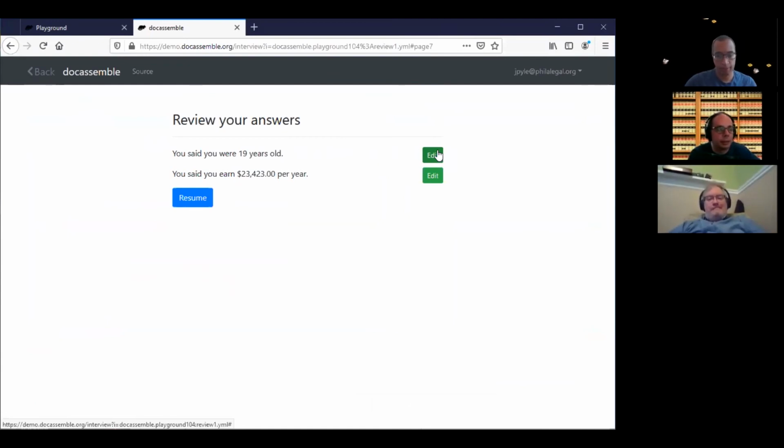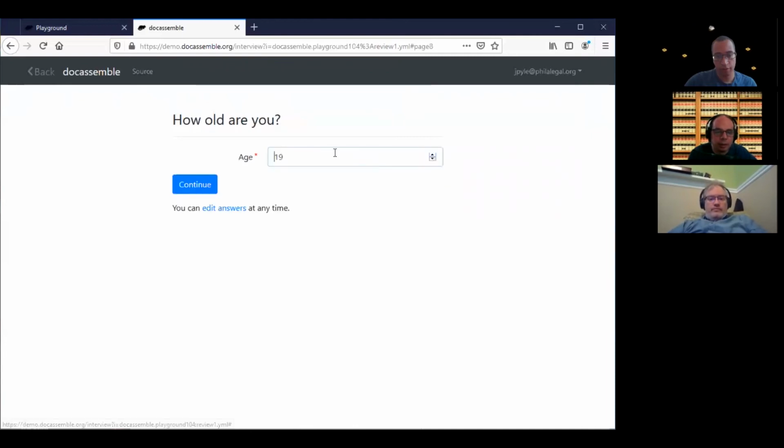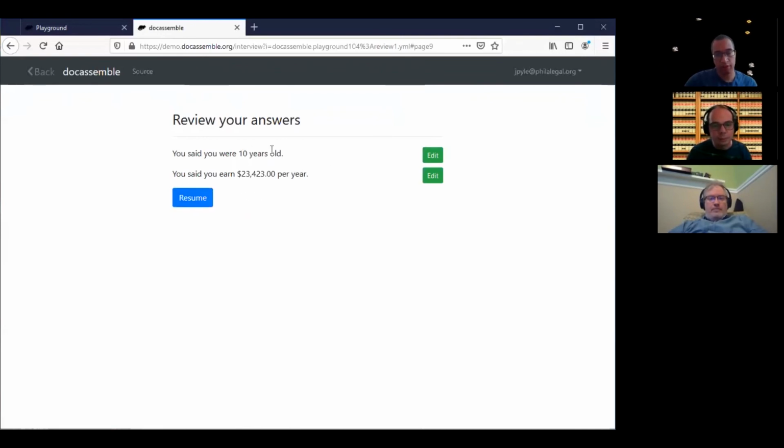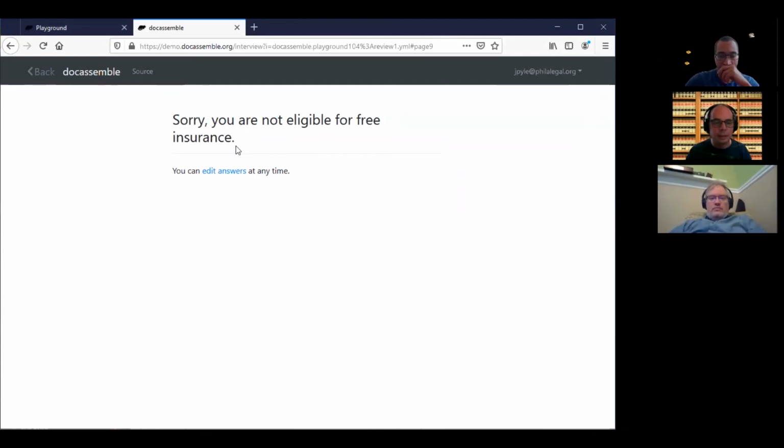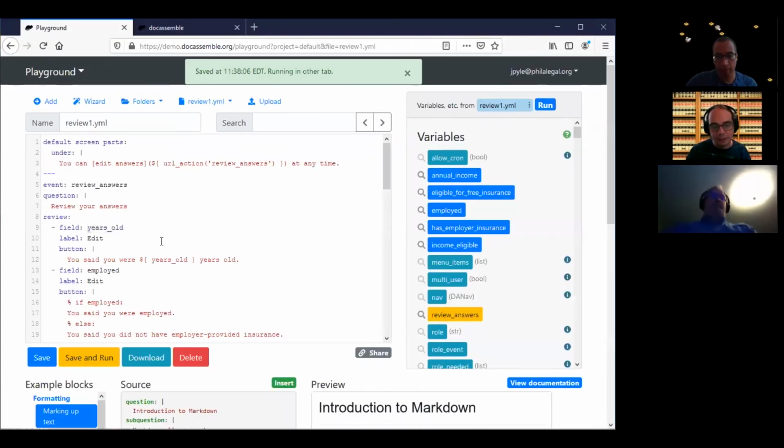Like basically the answer is, well, nothing happens to it. It's still a variable in the interview answers. It's not changed. So currently I have the situation where I'm 19 and I make 23,423. If I edit my age to be 10, it just changes the interview answers. The amount I earn is still listed here, and I actually should be eligible for free insurance because I'm 10 years old, according to the logic of the interview. So this is actually a faulty